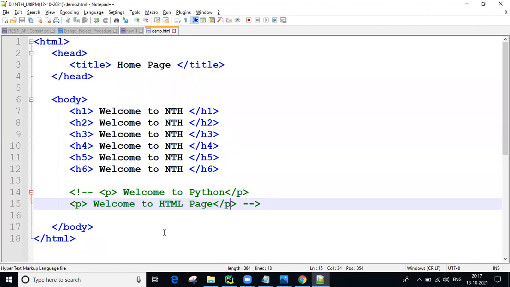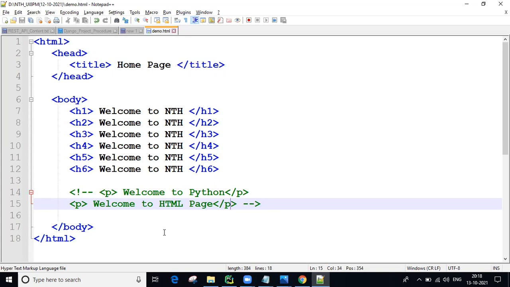As a learner, in the initial stage, we can use Notepad, Notepad++ or EditPlus for coding. But in real time, people use real-time IDEs. We have so many IDEs.